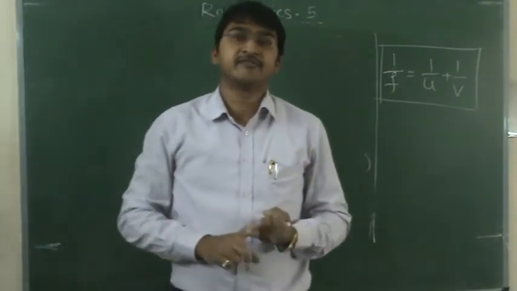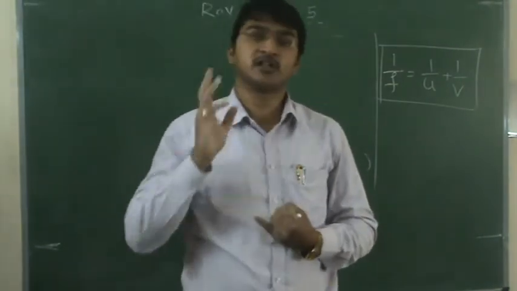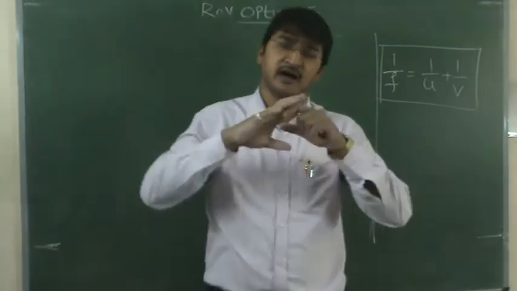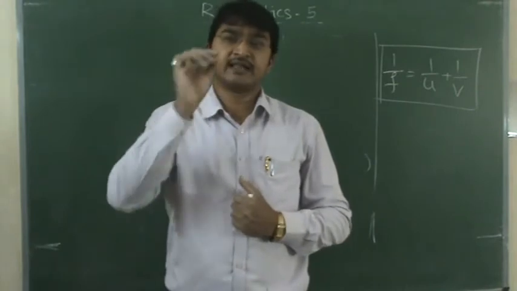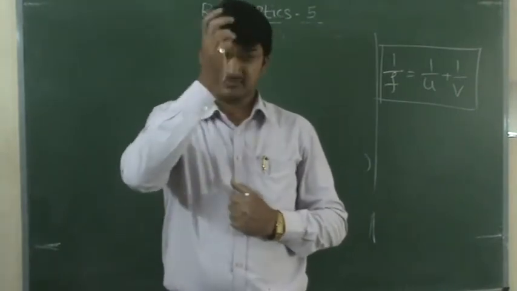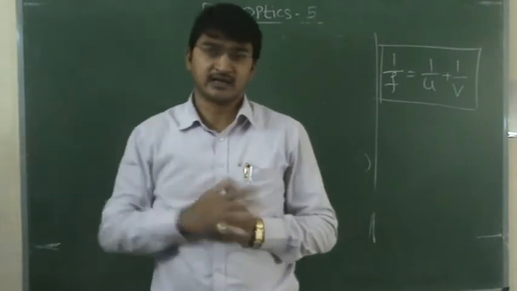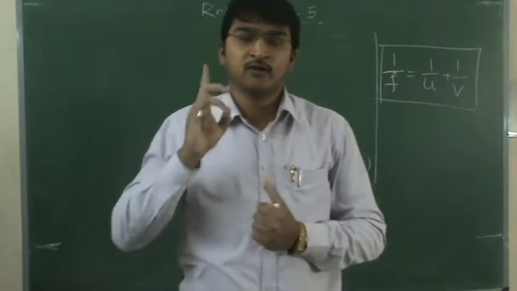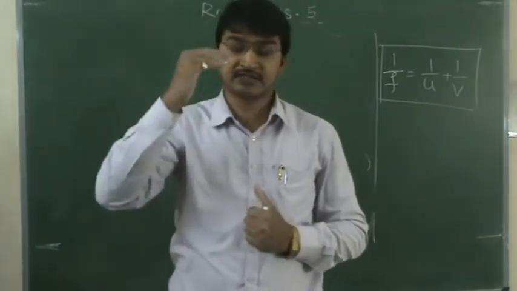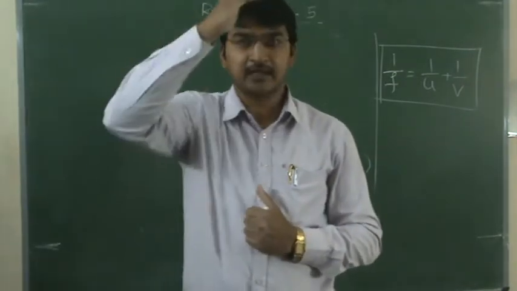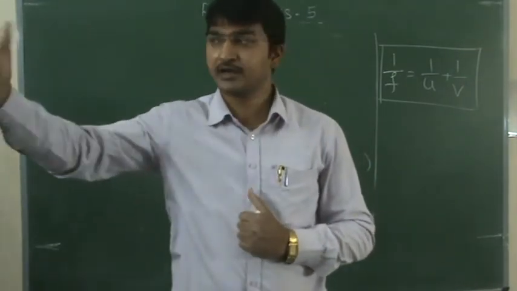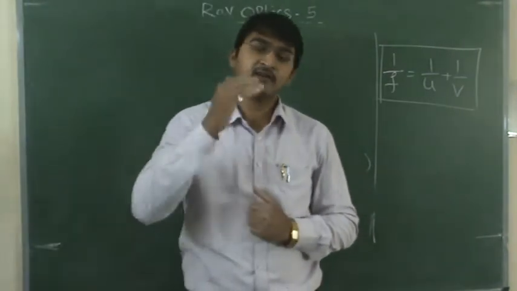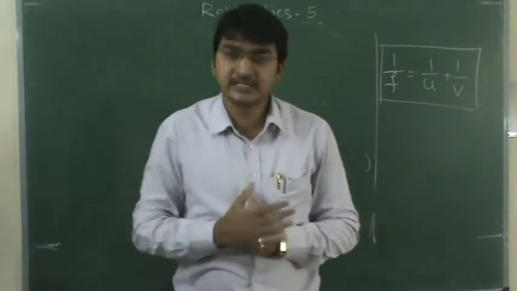Second one, identifying the two similar triangles. How can you say triangles are similar? You should take the angles. If the three angles of one triangle are equal to the three angles of another triangle, the two triangles are said to be similar. So we take the triangles, A dash B dash F. The first set is ABP and A dash B dash P, from which we derive equation number 1.